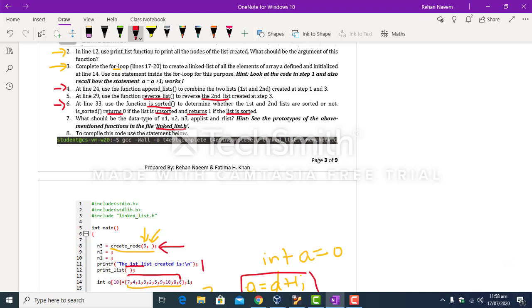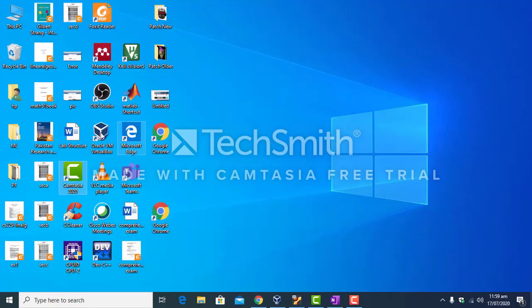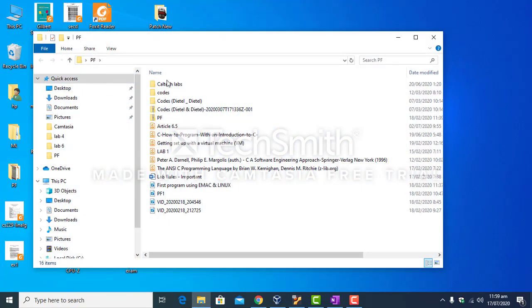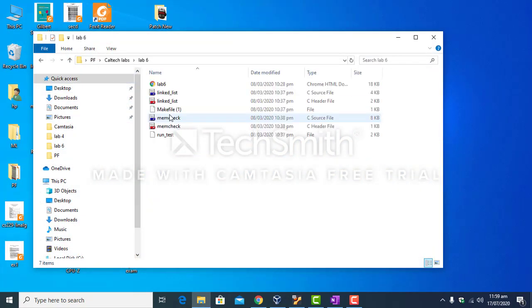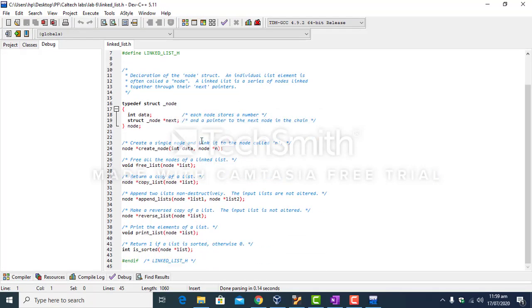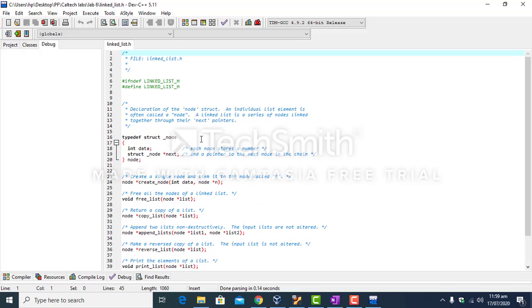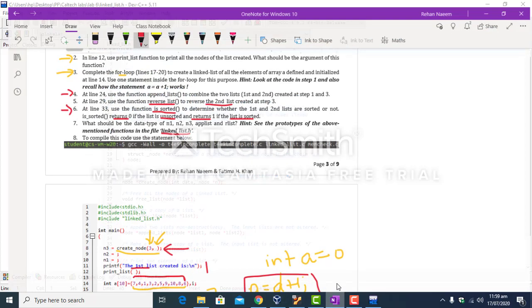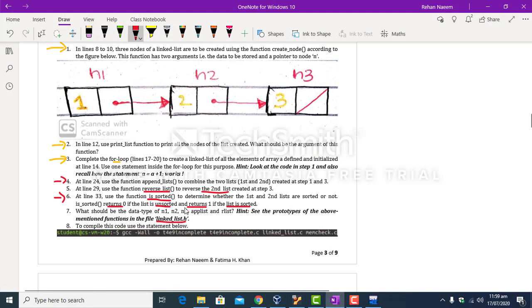This linked list.h file is present in the lab 6 folder of Caltech lab, and this is linked list.h. So go through this file in order to get an idea of the data type of all the variables n1, n2, n3 up to R list.